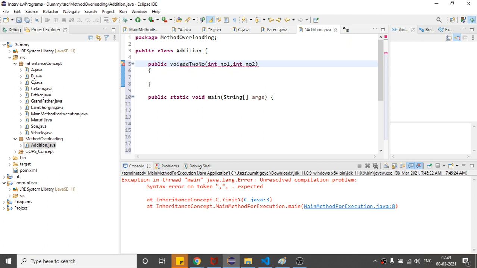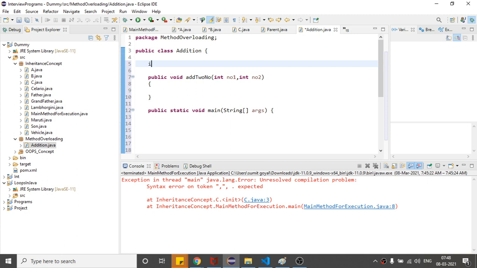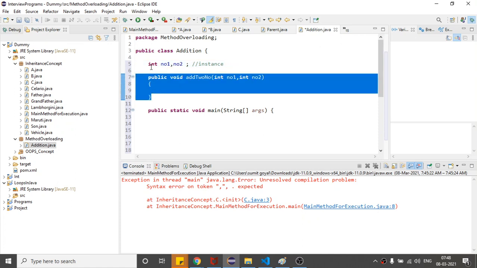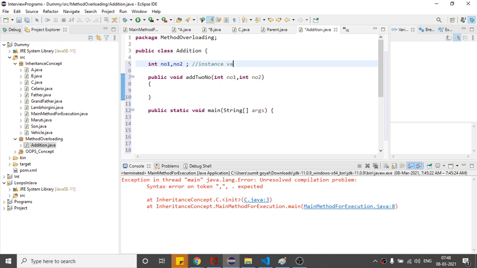I am not going to return any data, so I am saying return me nothing. So void is the return type I have specified, and let me take two class variables. So int number one, number two, right? These are called instance variables that are declared outside the method but inside a class.